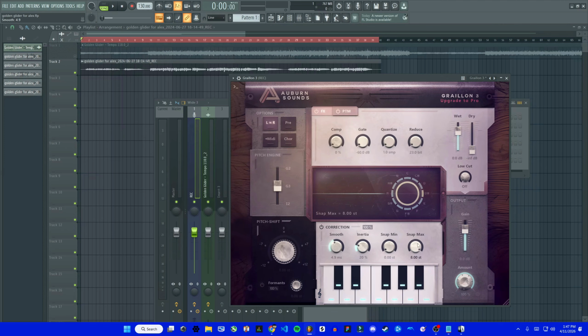Snap min and snap max, that is going to change. If you keep it higher, it's going to be less aggressive. If you keep it lower, so it's all the way down at 0 right now, it's going to be more aggressive with the pitch changing. Snap max is going to be the maximum range for that, so that's going to determine how far the out of tune notes get pulled in. So we'll keep these two right where they are for now, but we'll adjust them later just so you can hear the difference in that. And then pitch shift, I'm going to keep that right where it is for now. Let's just see what this sounds like with the default